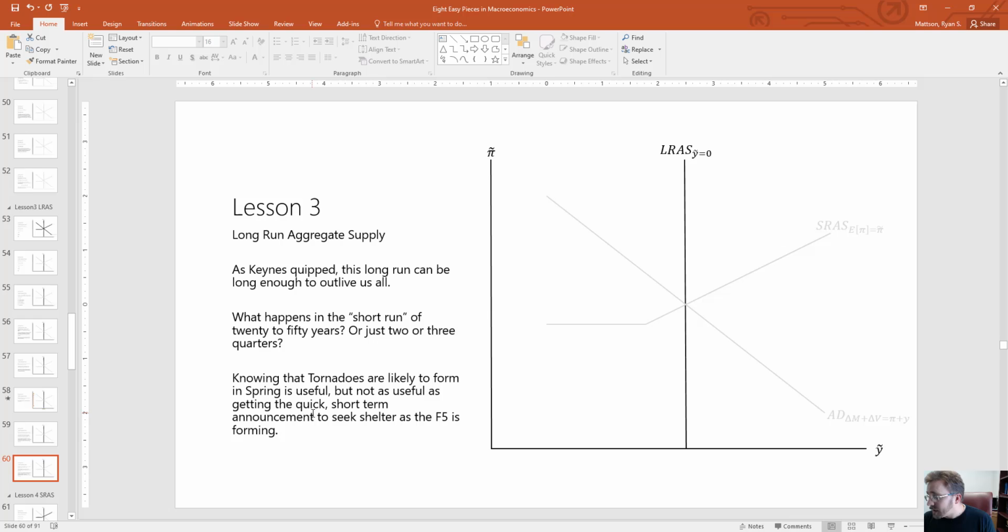Being originally from Oklahoma, I know that, hey, there will probably be a tornado sometime in the spring, maybe even in the fall. Depends on tornado season, right, and what we've observed in the long run. But what's a lot more helpful to me is getting that warning that the F5 is about to hit. So that's what we want to kind of go for. We have this long-run view of, hey, there are going to be some weather issues every single spring. Then going to those short-term issues of, hey, it's now April 5th at 3 p.m. Is there going to be a tornado in the next 5 minutes? So we're going to take a look then at how this long run relates to output and inflation.